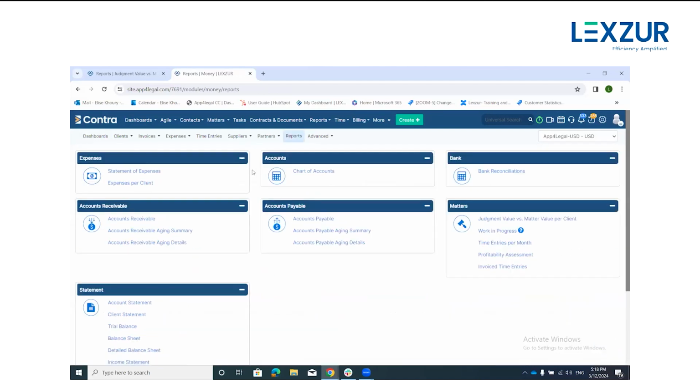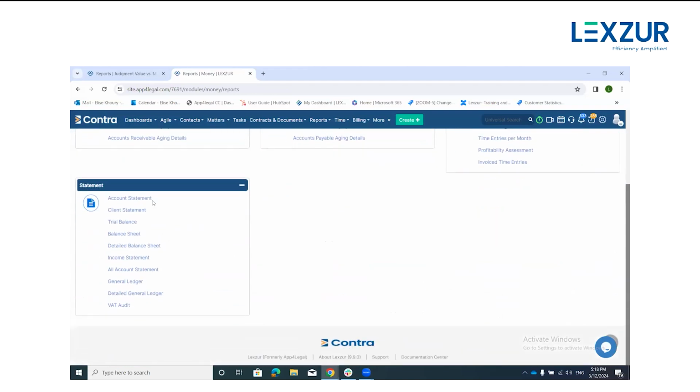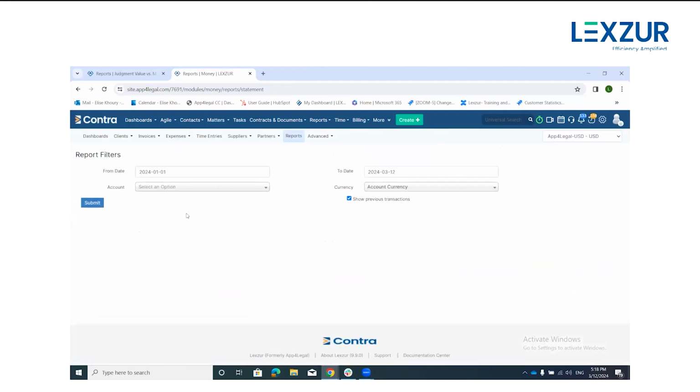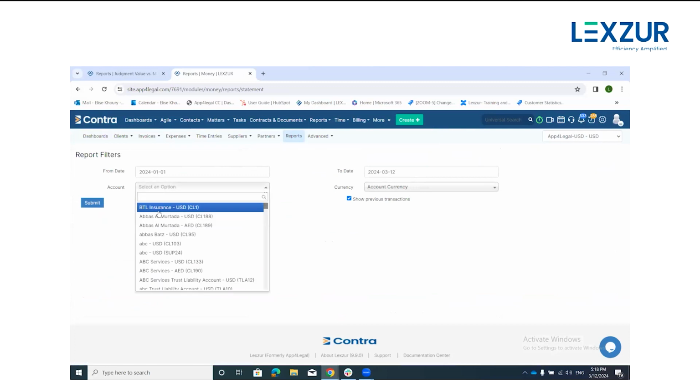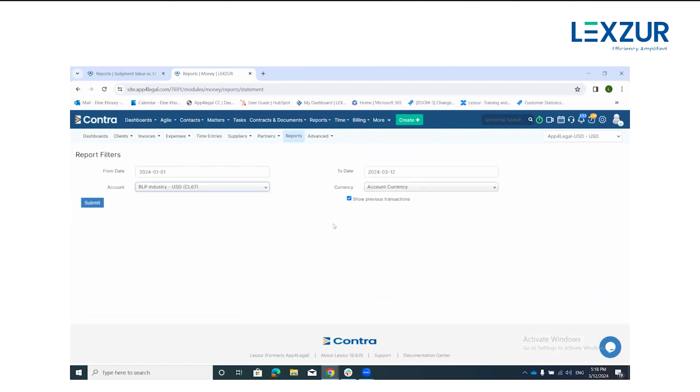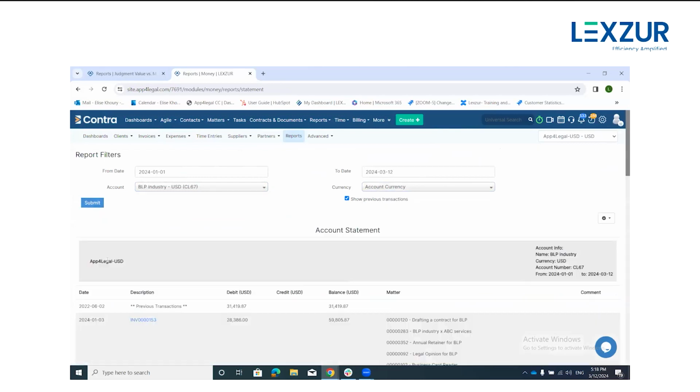Also, I have other reports available in the billing module, as you can see here in the statement, where from the account statement, I can filter by specific dates, and then I can specify an account. Let's say BLP industry. I can specify here a currency if I would like to filter by the account currency or the entity currency. And whenever I click on submit, as you can see here, this is the account statement related to the specific